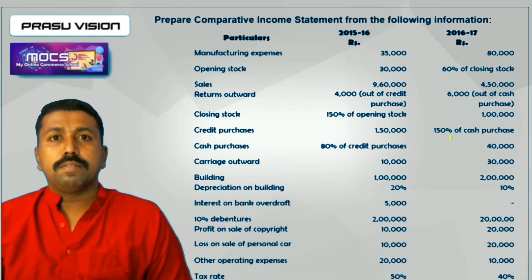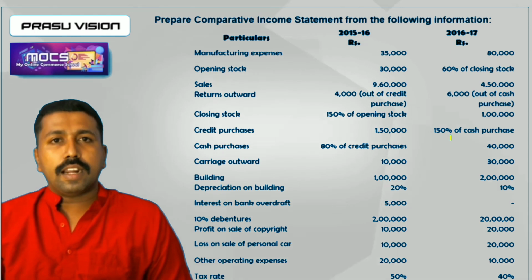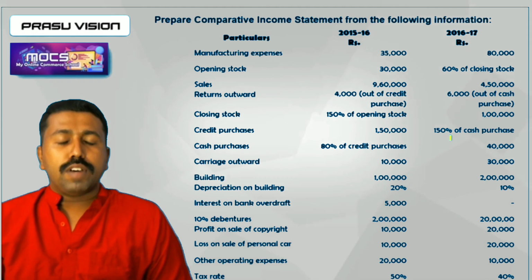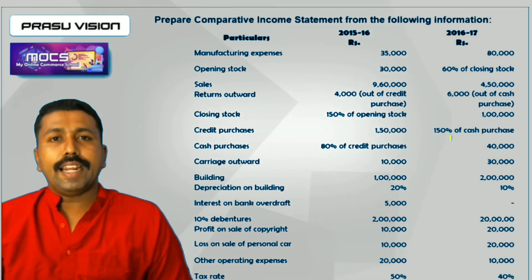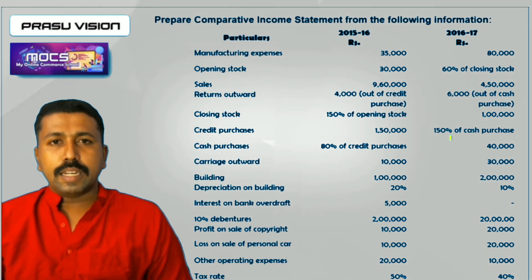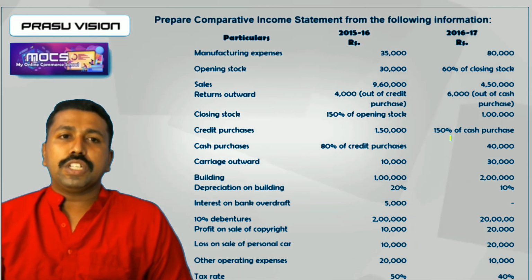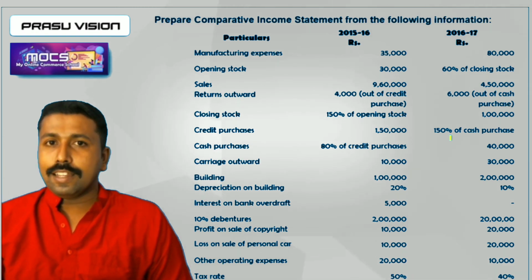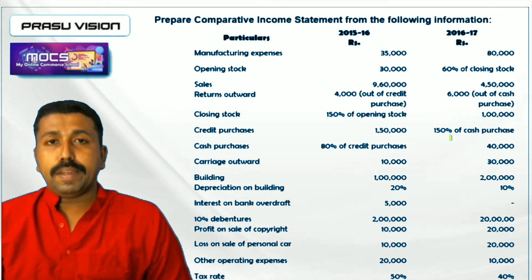From this question, you know very well the format of a statement of profit and loss. Here also we have to draw the format of a statement of profit and loss. The first part will be the same. Revenue from operations will be there. We will add other incomes. From this question, you can identify what other incomes you can list out with the revenue from operations. After that, you can find the total revenue. Then you can list out the expenses. Then you can find out the total expense.